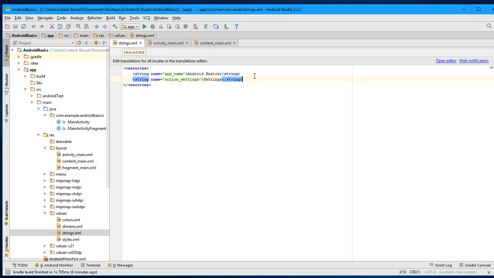Anytime I want to mention some text which I might use globally, it is better to have it in one file and just reference it in my Java or XML as required, so that I change it over there and I don't have to keep looking for that in my XML and Java code. Okay,